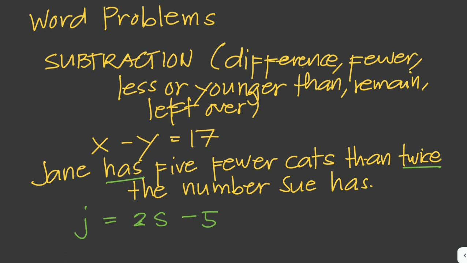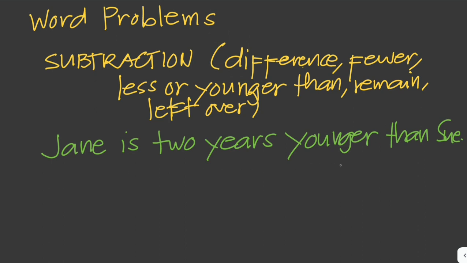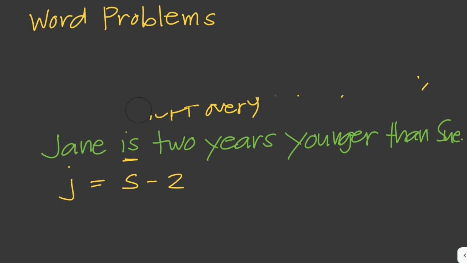Okay, another example. Jane is 2 years younger than Sue. Here again is means equal, so Jane is 2 years younger than Sue, so Sue minus 2. That's how to write that mathematically. And then for multiplication,